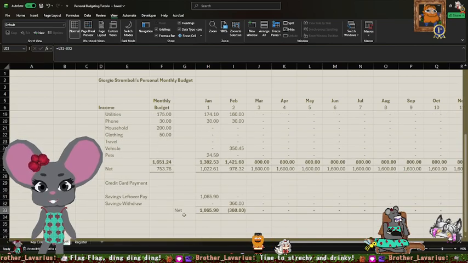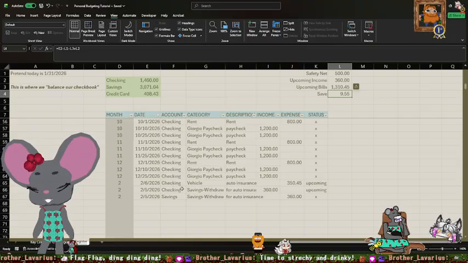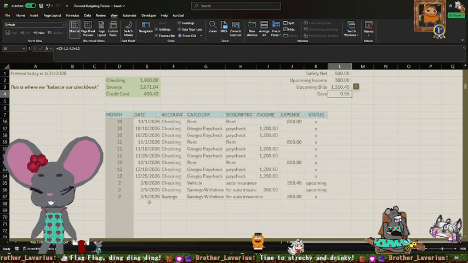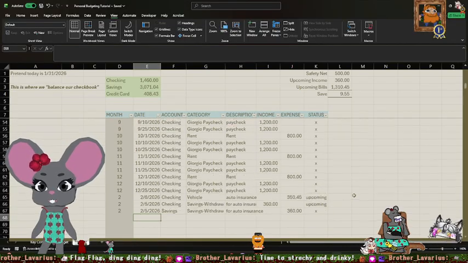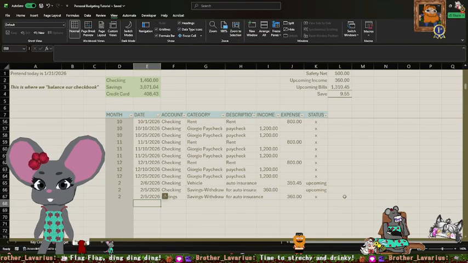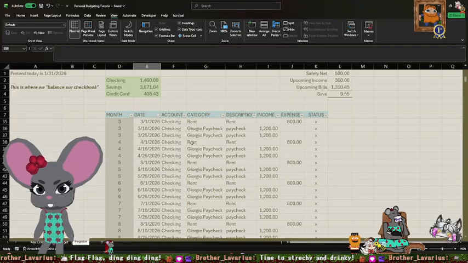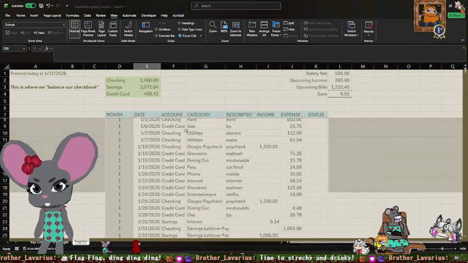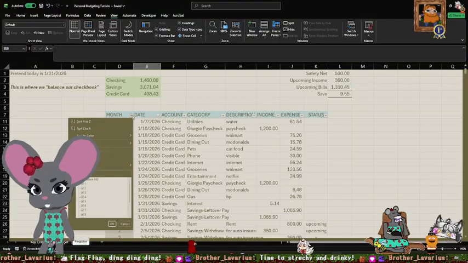We have our credit card payments coming up, so we want to be able to keep track of how much that is going to be. Our credit card, let's say it's going to be paid in February. Let me sort and filter.